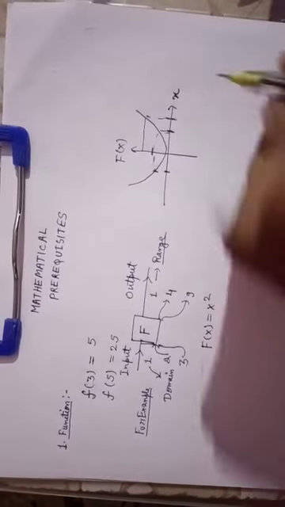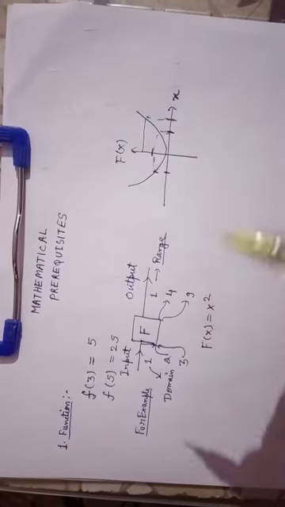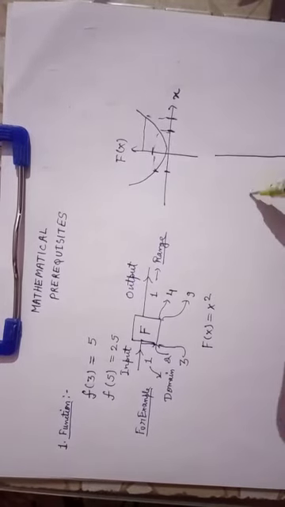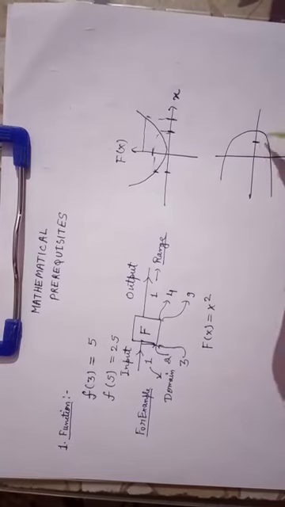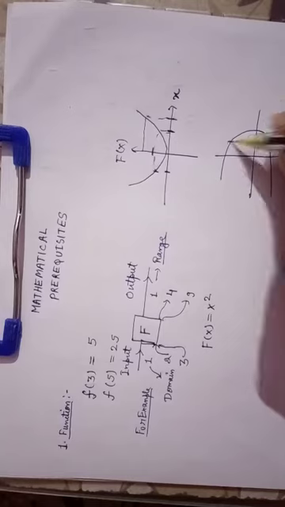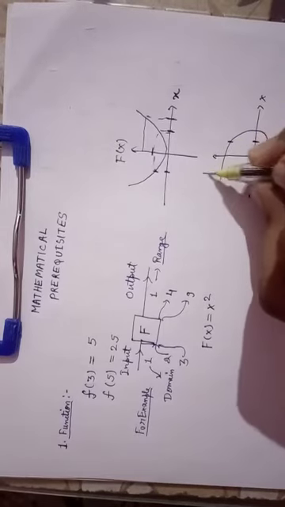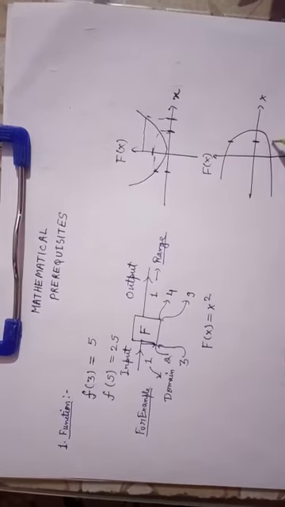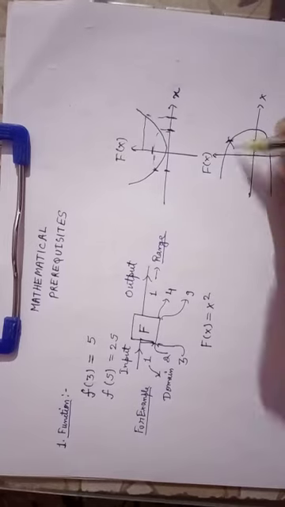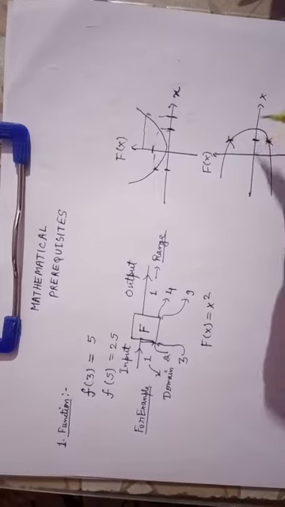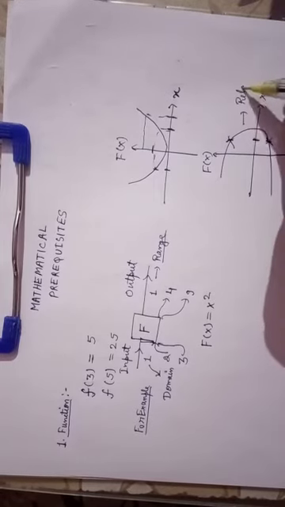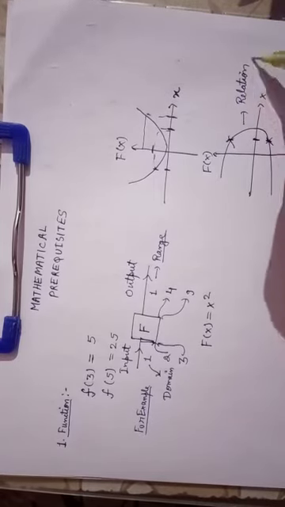One must remember a function can have for one input value only one output. It can never have for one input value two outputs. Suppose the graph goes like this. Here at this value you will see that there will be two values for f of x, this one and this one. This won't be a function, this would be a relation. We are not going into the topic of relation.